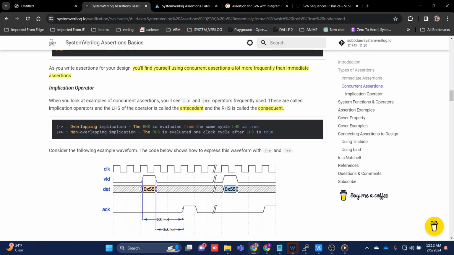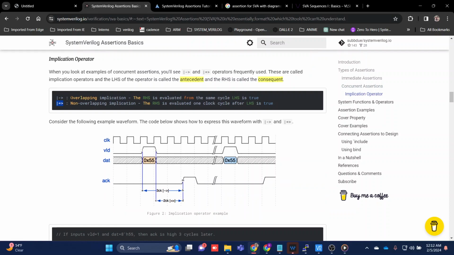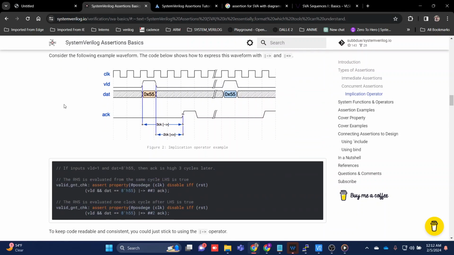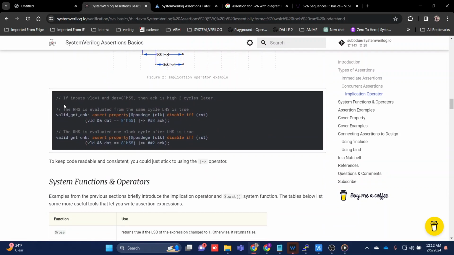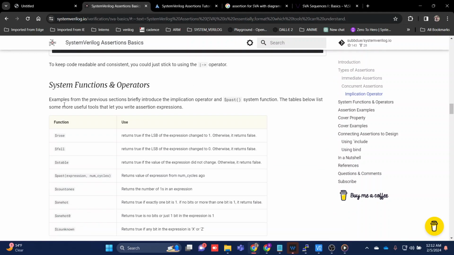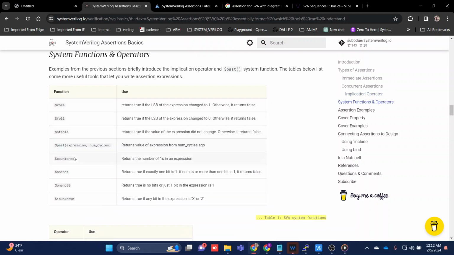So other than this, if you see here, there are two operators. One is called an overlapping operator and the other a non-overlapping operator. So the overlapping operator, you will use in case I want to check on the same clock cycle. In case I want to check in the next clock cycle, I will use this non-overlapping implication operator. These are the two operators which you need to know about. And then as I told you,